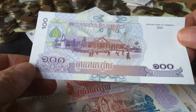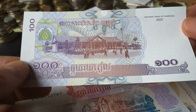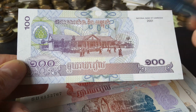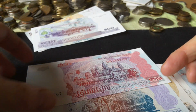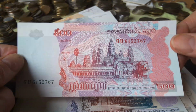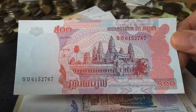And on the back we have a school, and this building has a lot of features of Khmer architecture. So it's a 2001, quite a nice banknote. Then we have the 500, which is worth about 16 cents. And on this banknote we can see